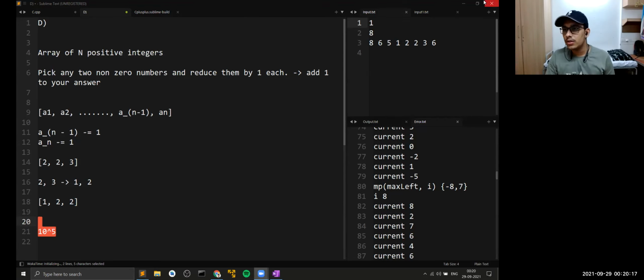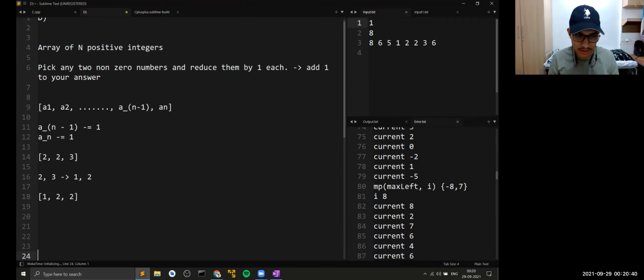Cool. So again, I'm not sure about the proof. I have done a lot of similar problems like these, and all of them seem to work the way I have done this, using a priority queue or using a multiset. But again, I don't have a valid proof of it right now. Okay. We can do one thing, that we can take three values A, B, C. Let's do it like this.